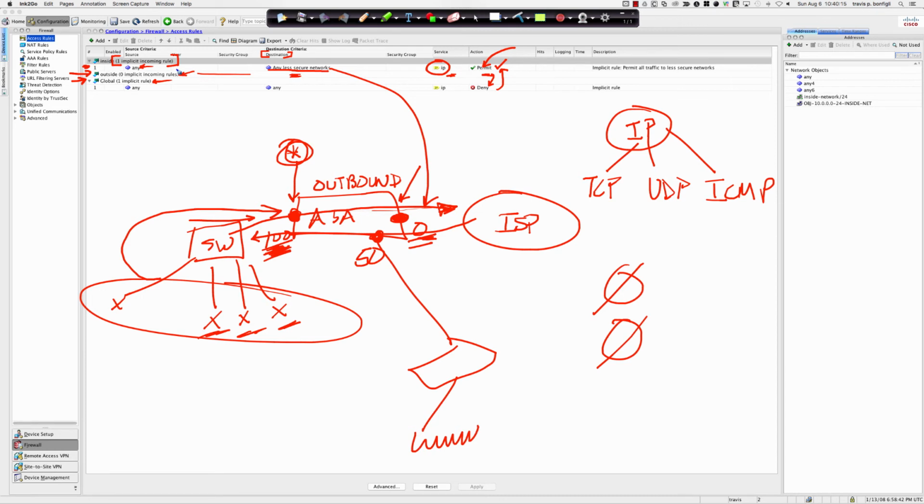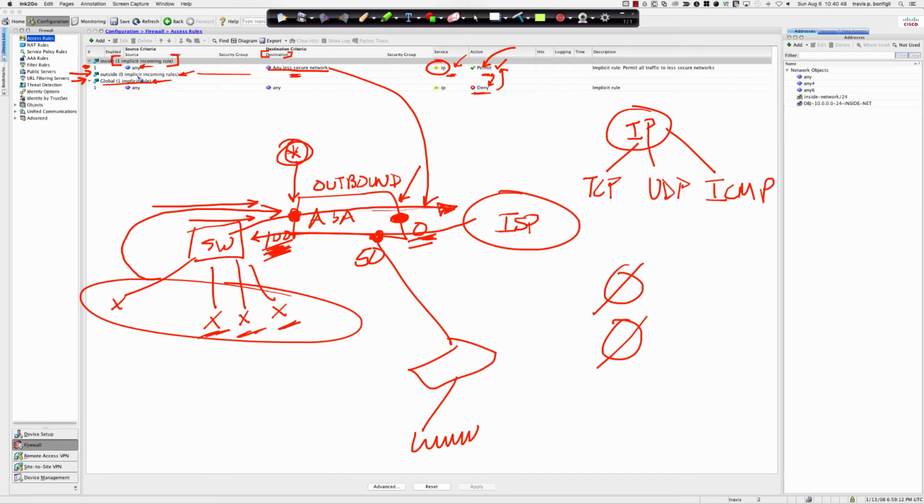Well, remember, the global implicit rule is applied to all ASA interfaces as the last rule, right? But if the first rule allows everything, do we ever get to the last rule, right? No, because everything is already implicitly allowed